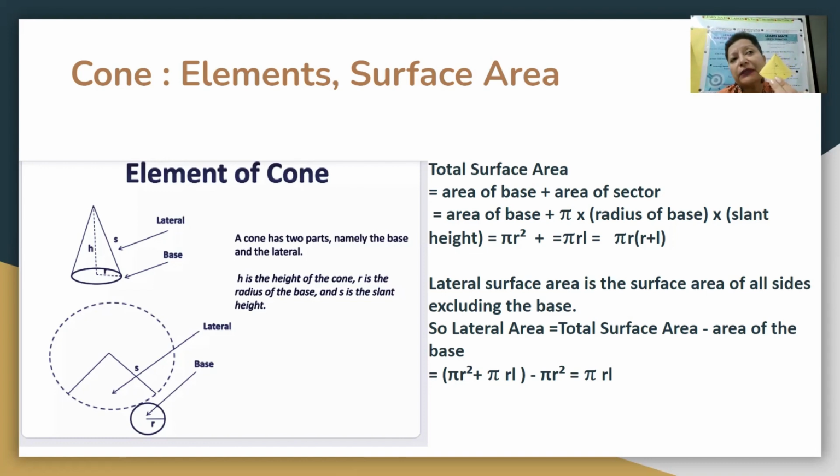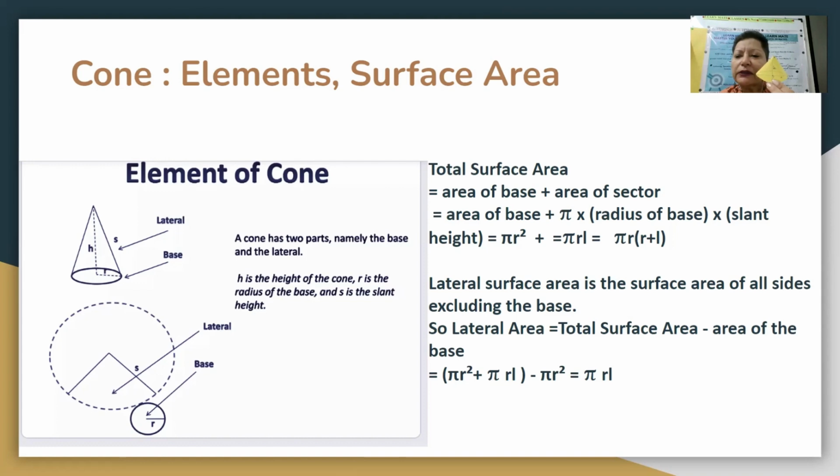You may have something where you need to make a conical container. In that, you do not require the base, so you'll just require the curved surface area, which will come out to be pi r l. So that's how you calculate the surface area of a cone, whether it is the total surface area or the